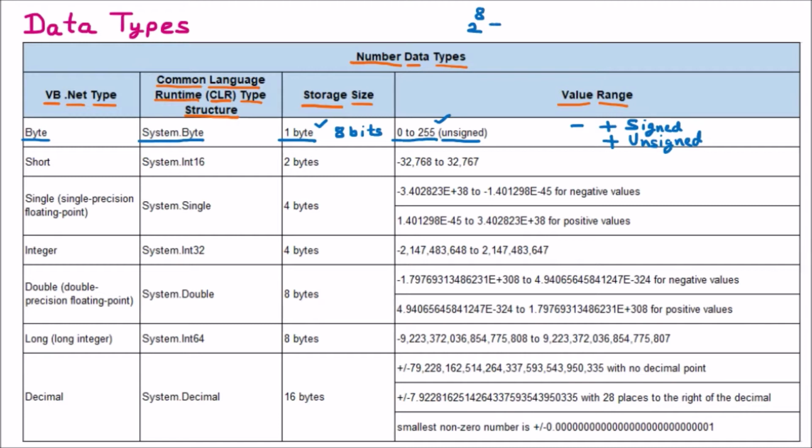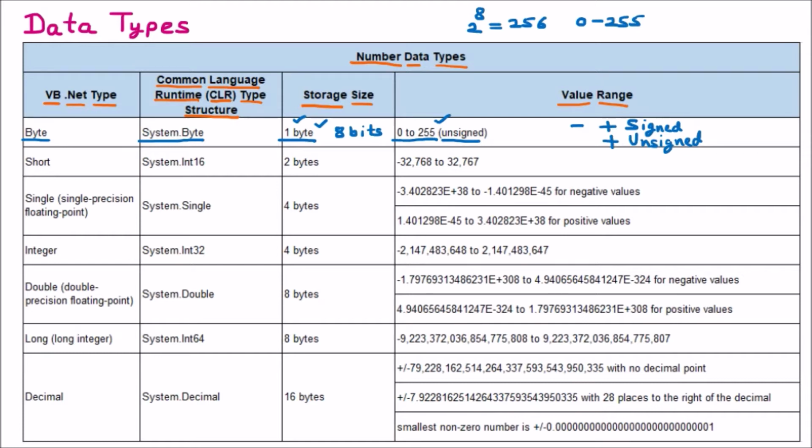Now if we calculate that, 2 raised to the power 8 is nothing but 256. So this is the size which 1 byte is taking. Now this 256 we can easily allocate from 0 to 255, because if we count the 0, it is coming from 0 to 255. So this way the byte matters. That means if we are having 2 bytes, then obviously 16 bits, so 2 to the power 16. This way as the bytes increase, the range also increases.